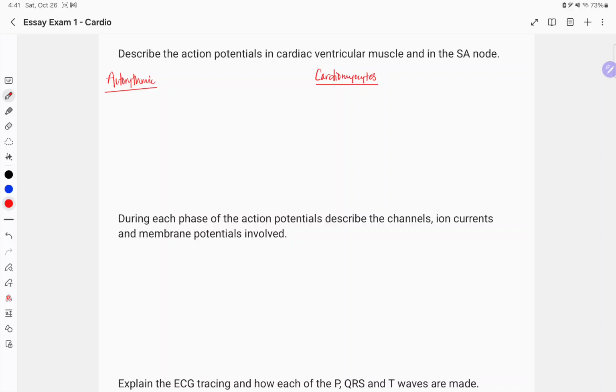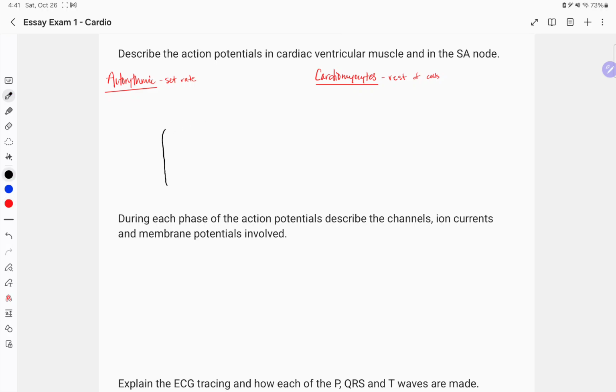Now, our autorhythmic cells are the cells that are going to set the rate or the rhythm for the heartbeat, and the cardiomyocytes are the rest of the cells in the heart that are going to respond to those signals that are being sent by the autorhythmic cells. So if we're to draw this out,